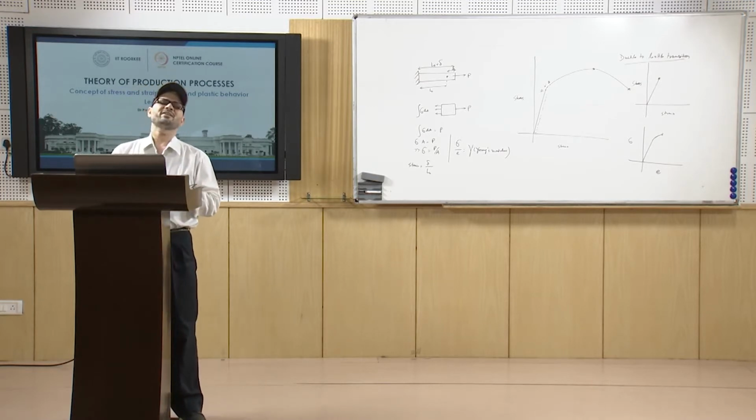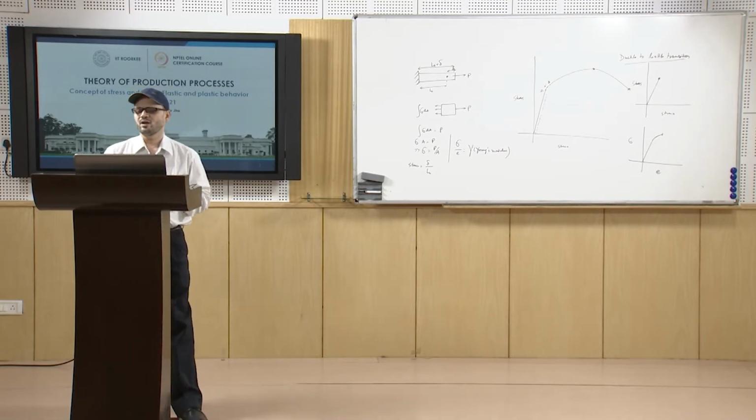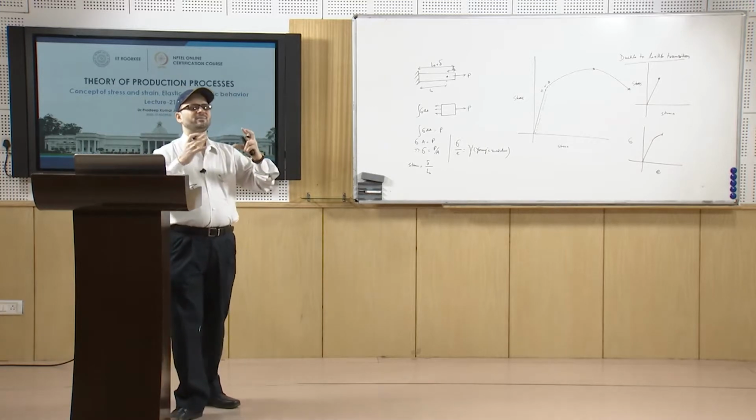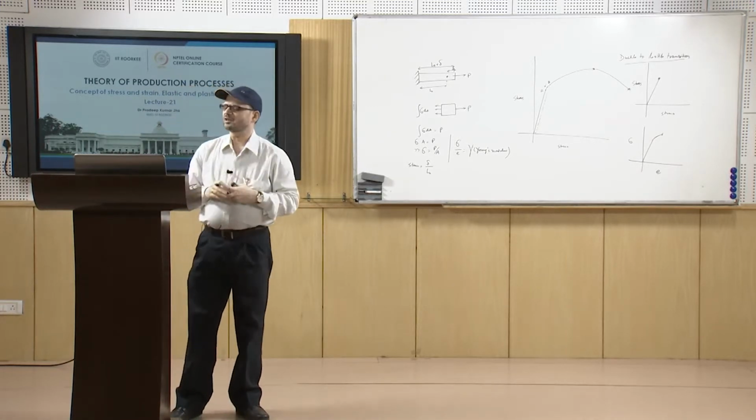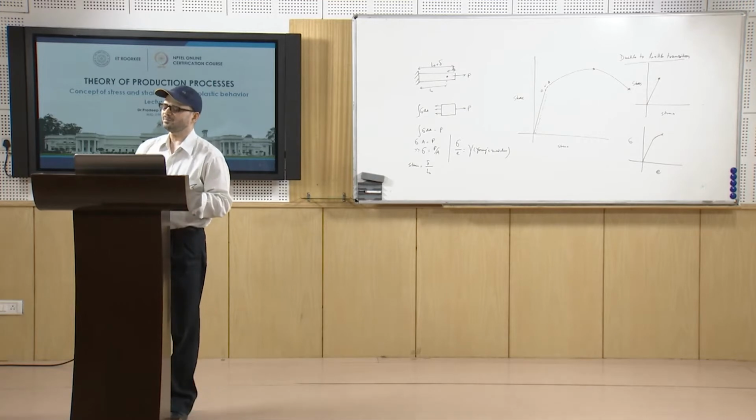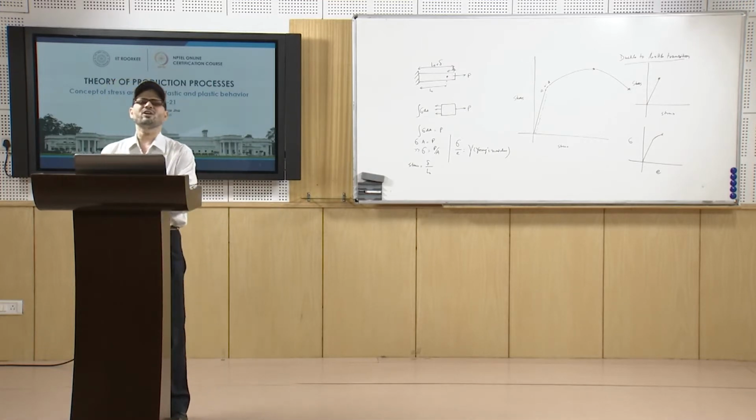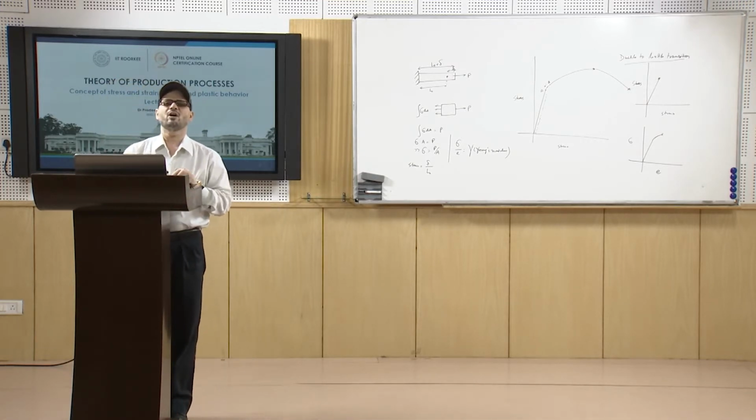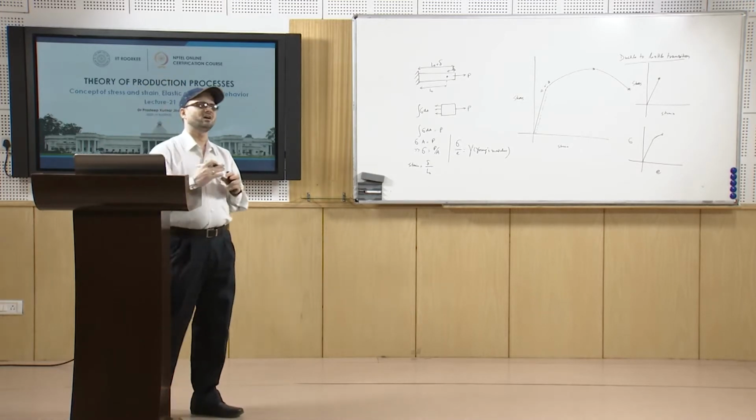So, many a times the material may be brittle in tension, but it may be ductile when it is subjected to hydrostatic compression. So, there may be different cases, and that all depends upon the operating parameters under which the material